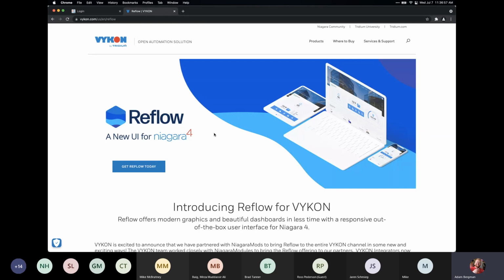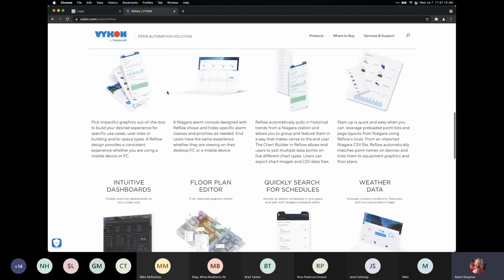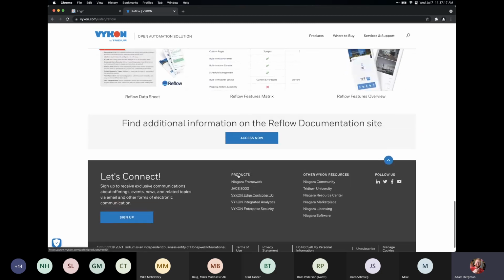If you are running on an engineering demo license, you already have a Reflow license on your local machine or any office demo hardware that you have. So it should be ready to go out of the box with unlimited access for you to use. One other thing that I'll note, when you click on this download link,